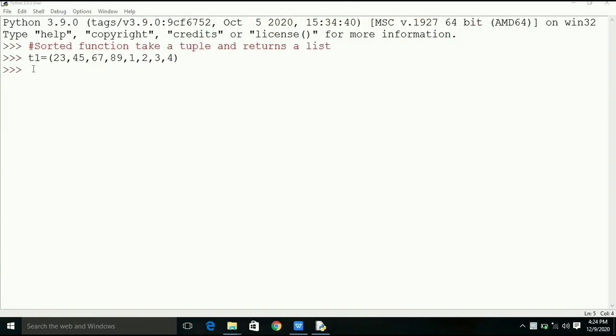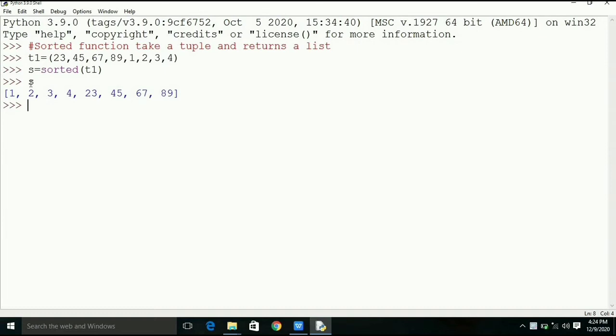Sorted function takes a tuple and returns a list, and by default it will be in ascending order, and if we want to make it descending, then we have to write reverse is equal to true. In this example, T1 is equal to 23, 45, 67, 89, 1, 2, 3, 4.